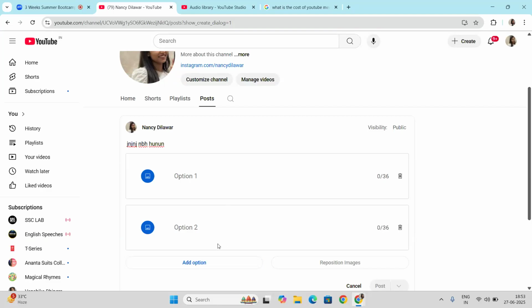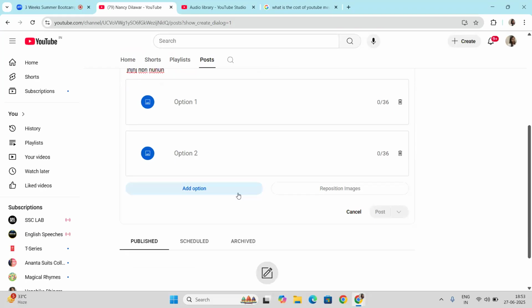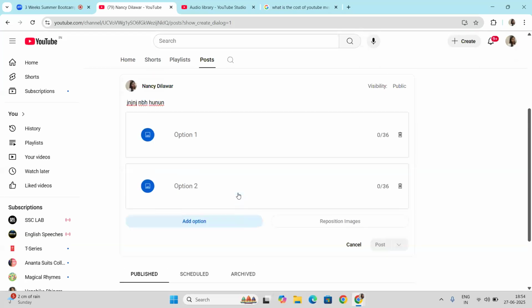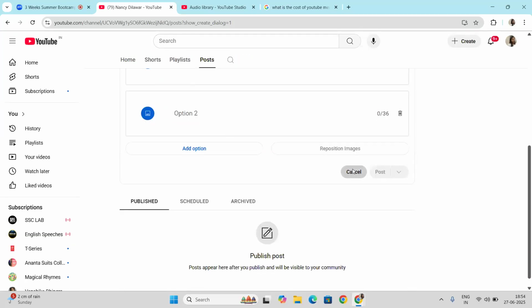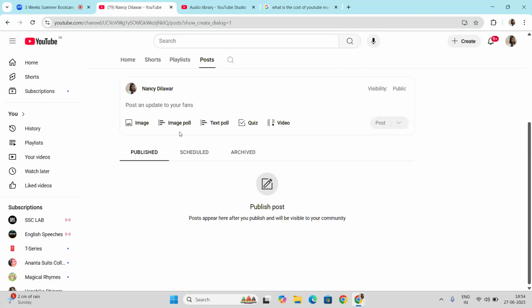I can upload more than two options as well. Once people watch my post, they can click, like, I like image one, or I'll go for image two. Options are given. So this image poll can be used to engage your audience.